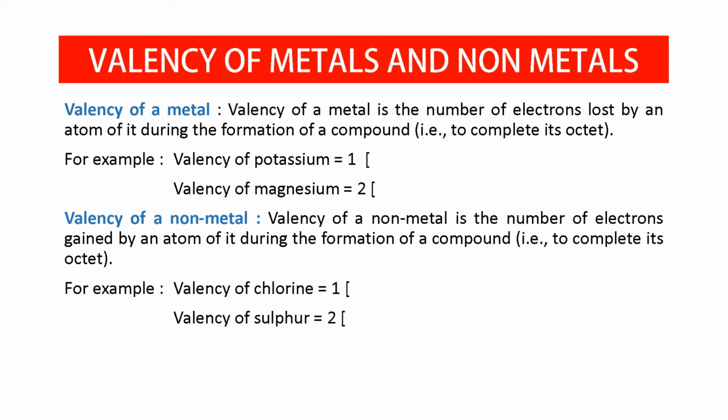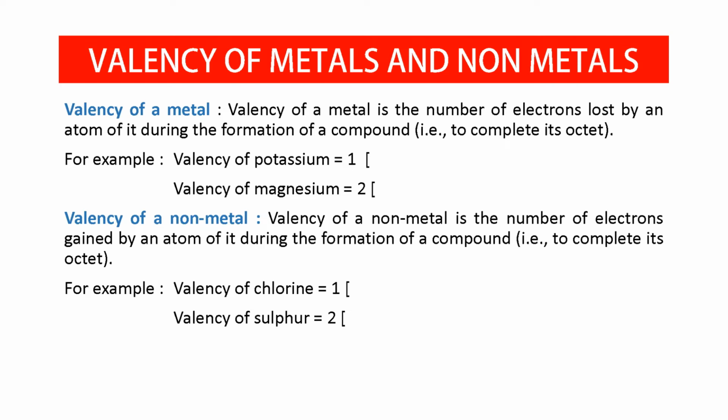The next topic is valency of metals and non-metals. As I told you earlier, another definition of valency is the number of electrons gained, lost or shared during a chemical reaction. And every element tries to achieve the octet, and to achieve the octet, an element loses or gains electrons. So there is an octet rule, all of you know that the last shell has to have 8 electrons. So this is called the octet rule, and every element tries to achieve its octet.